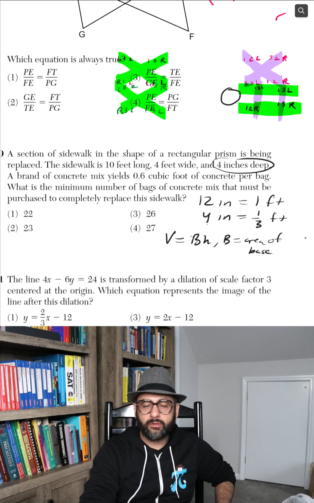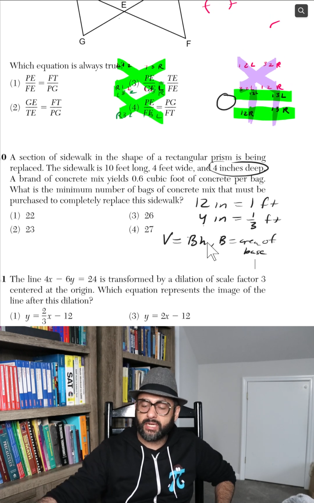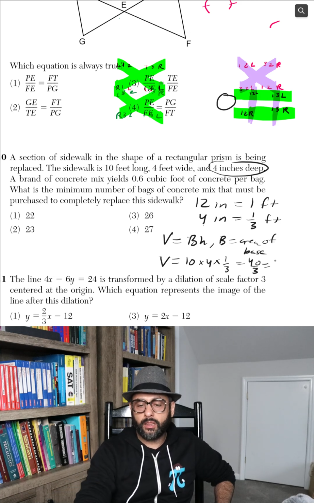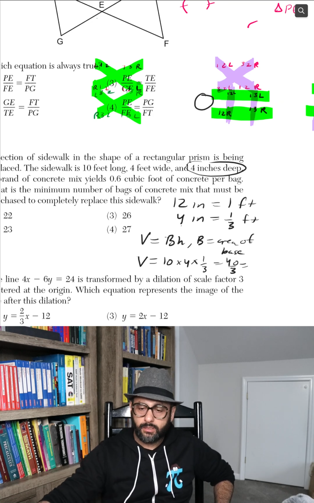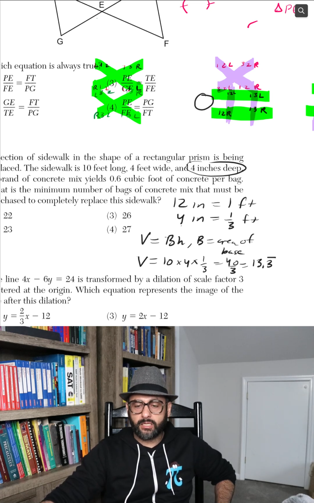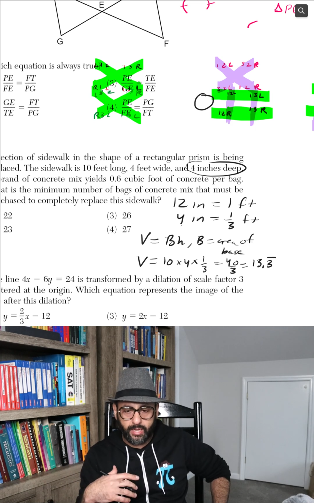Or you could remember that the volume of a rectangular prism is length times width times height. The volume is equal to the area of the base, which is length times width, 10 times 4, times the number of feet in the height, 1/3, which is equal to 40/3, which is 13.3 repeating. And I said that the number of bags it's going to take is going to be more than the volume number, which